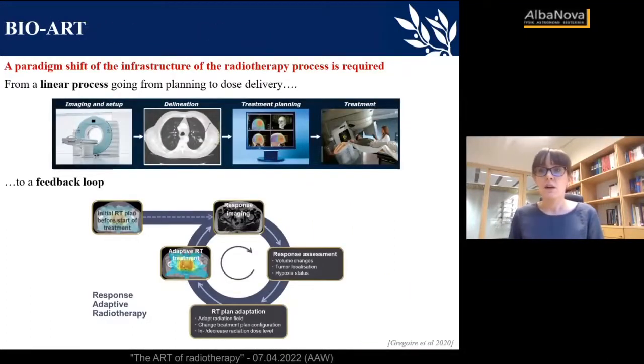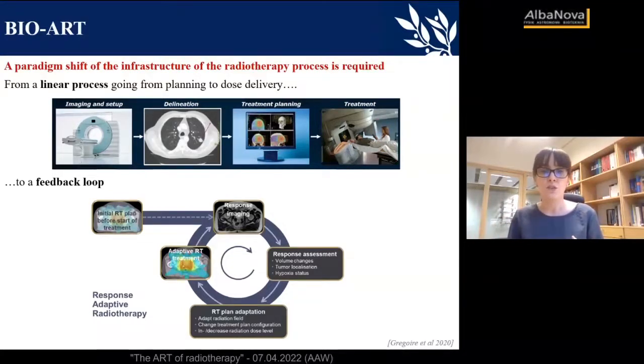So this approach, the bioart approach, clearly would mean that we also have a change of paradigm in the infrastructure of radiotherapy, going from a linear process, which consists of imaging of the patient, delineation of the target, making of a treatment plan, and then delivery of the treatment plan for all the treatment fractions of the radiotherapy regime, to another way of conceiving the radiation therapy process, which would consist of a sort of feedback